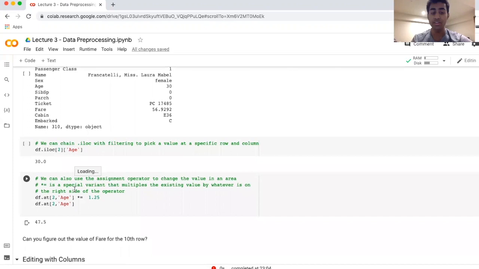We can similarly use the assignment operator to even change values in this row and column. We can use the iloc function just to get the value and the at function to actually change the value, as you can see here. So here what we've done is we've multiplied the age by a factor of 1.25, and you can see 30.0 and